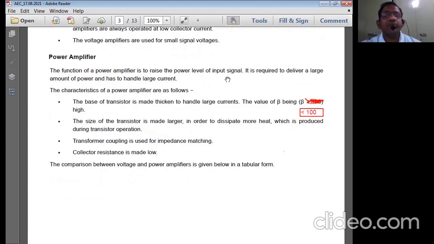So coming to the power amplifiers, the basic function of a power amplifier is to raise the input power. The input power has to be raised at the output terminal. That is the basic requirement of a power amplifier, because to designate it as a power amplifier, the input power has to be amplified by the circuit. That means input power increasing means what? It is going to deliver large amounts of power. Power means voltage into current. Remember that always. The voltage level has to be increased, and the power level is also going to get increased. This is the basic thing we're going to have.